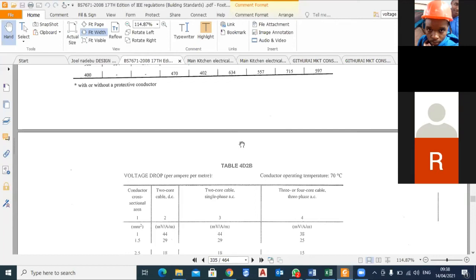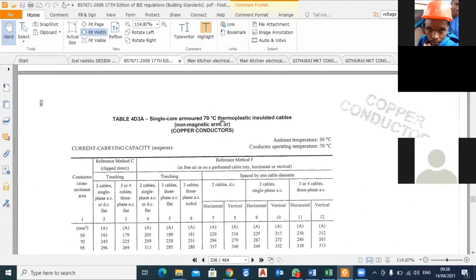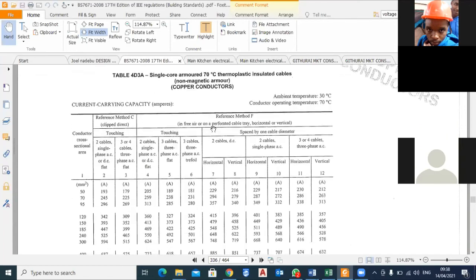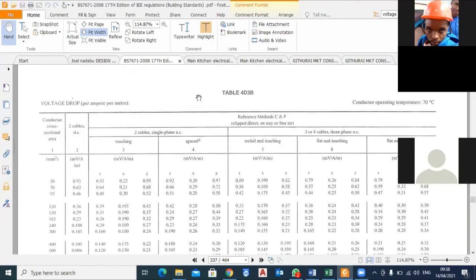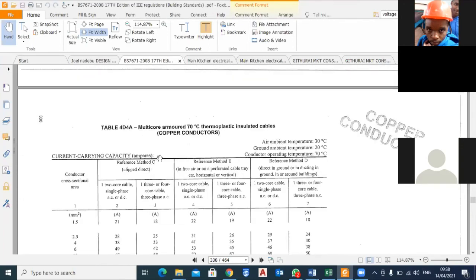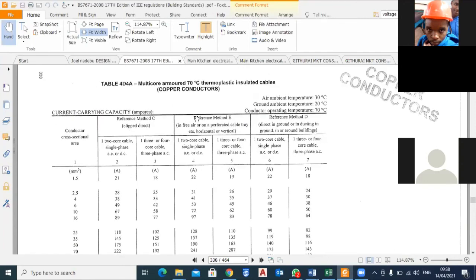We use Ahmad because the cable will be underground from the transformer room. Now, since it is single core, you can use this. You can check on this table a single core Ahmad, or you go to multi-core. Multi-core Ahmad, meaning it has several cores. So if you go to multi-core Ahmad,